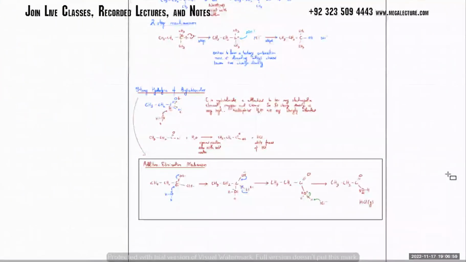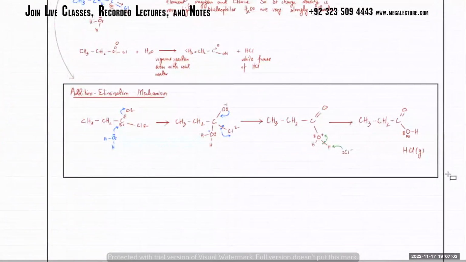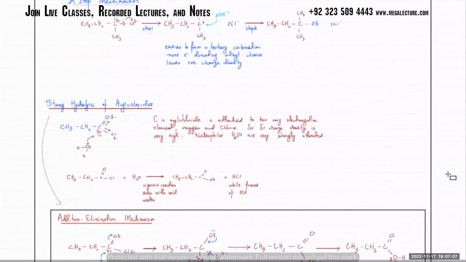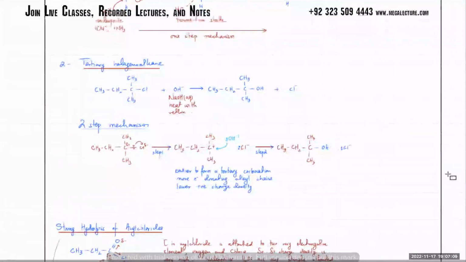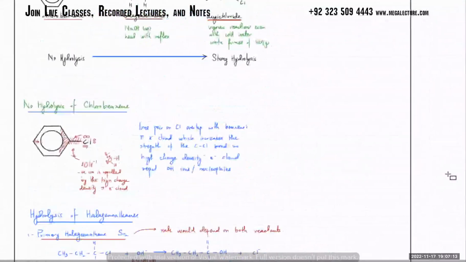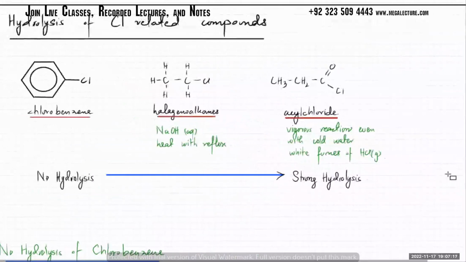सर तो बेसिकली जो लास्ट हमारे पास हाइड्रोलिसिस था उसकी कंप्लीट मैकेनिज्म ये है ना हमारे पास। हाँ, ये लास्ट वाला addition elimination is strong hydrolysis of acylchlorides. ठीक है, तो ये tertiary halogenalkanes, primary halogenalkanes, क्लोरोबेंजीन नो हाइड्रोलिसिस, तो ये बेसिकली ना इस पूरी चीज का समरी है। ठीक है, क्लियर है बात? यस सर।